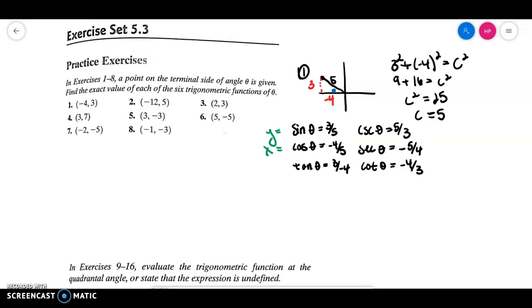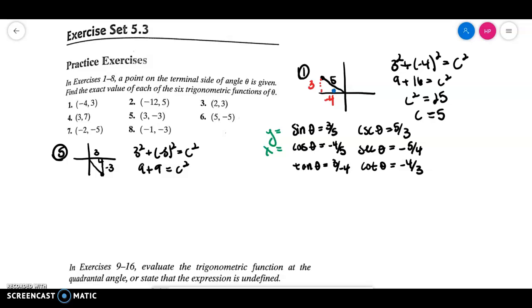And so if we take a look, maybe at something like number 5, where it gets a little bit messier. If I have 3, -3, then I'm going to be down here in the 4th quadrant. So if I go right 3, down 3, this does make a nice little isosceles right triangle for me. 3 and -3, so 3 squared plus my -3 squared. And this again goes back to the isosceles right triangles. And so 9 plus 9